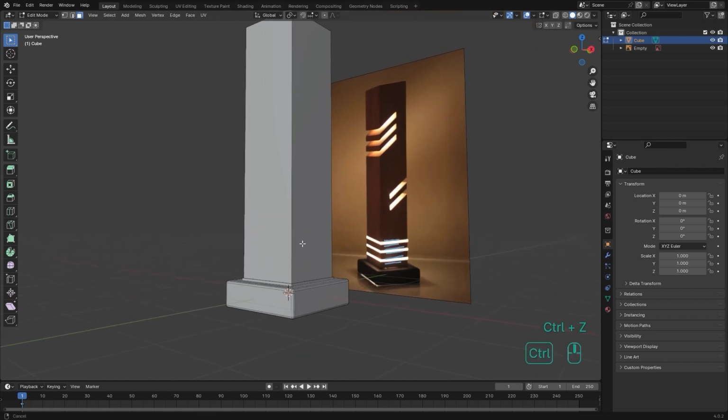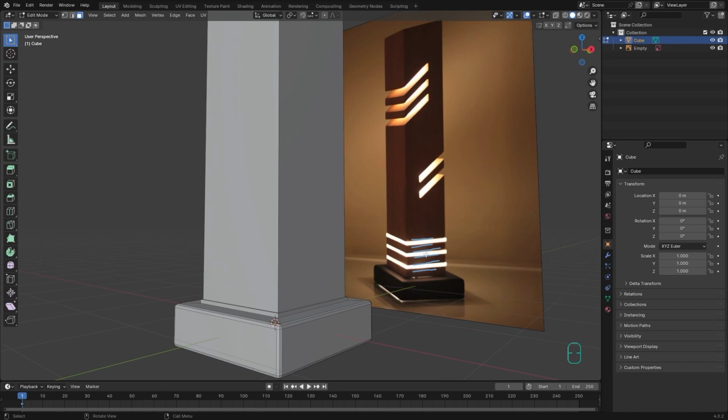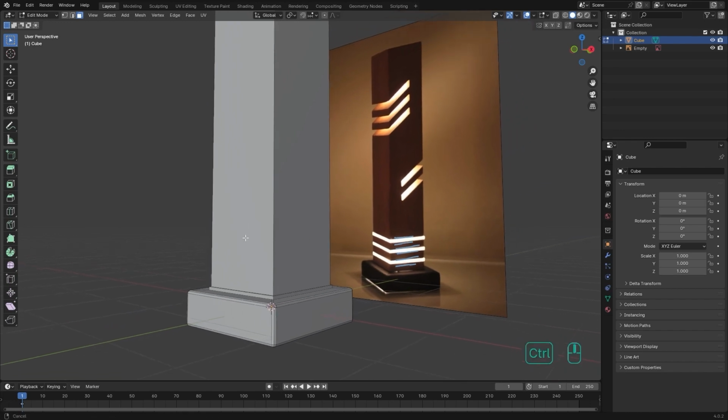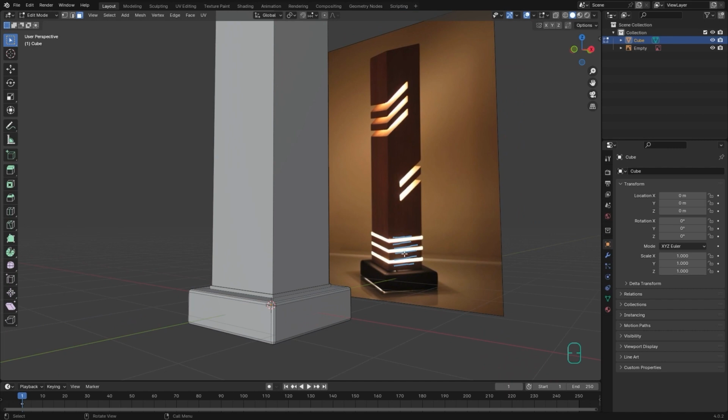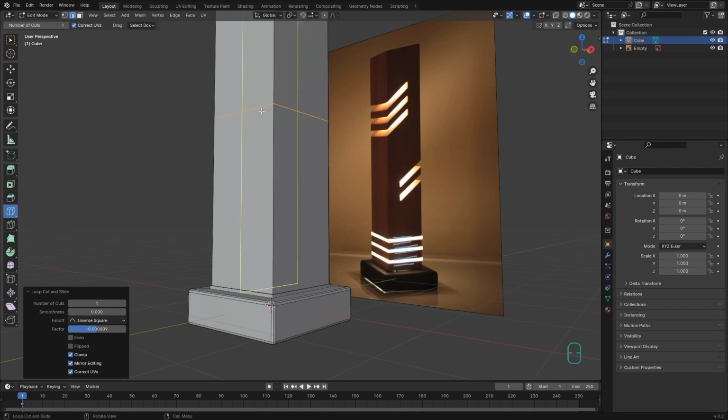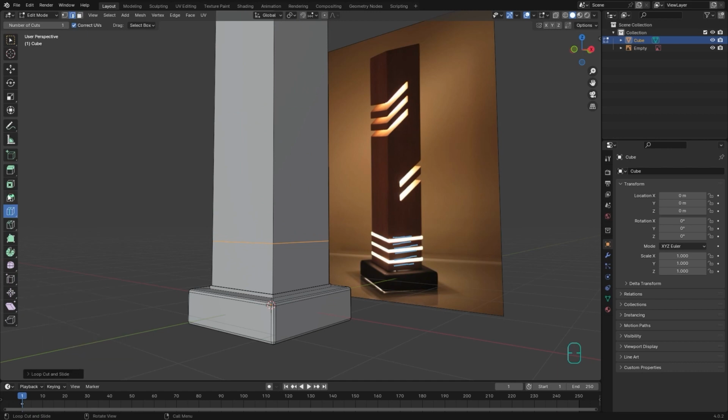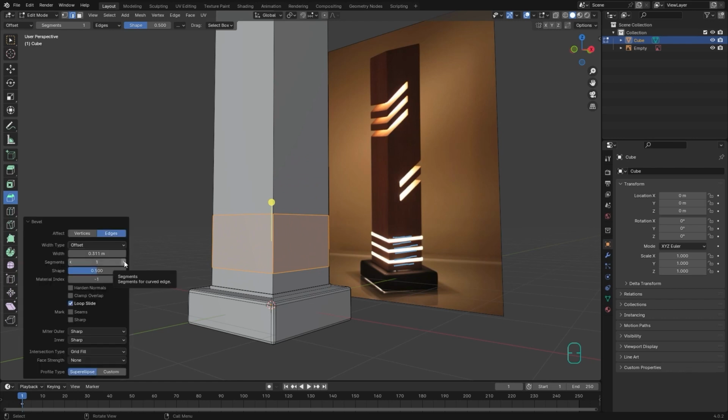First I add an edge at the center of all the edges that I need. For example, right here I need 3 pairs of edges, so I first add a loop cut, for example, here, and approximately it is, for example, here. Then I go to my bevel tool and I need 3 pairs, so first I create 3 edges so that the distance between these 3 edges is the same. And let me add another by adding a segment,